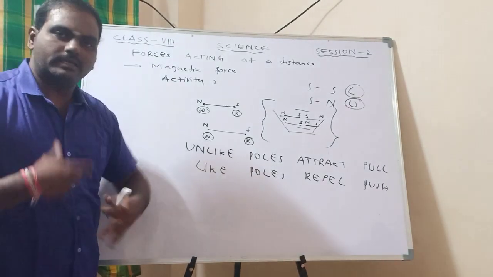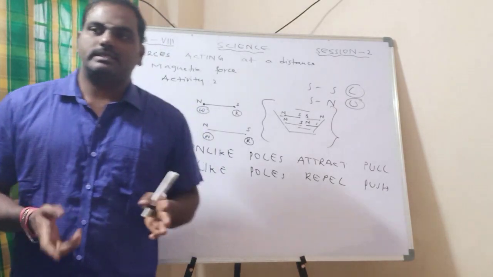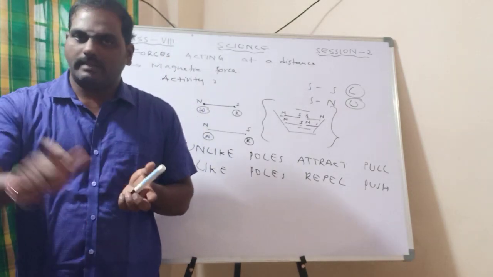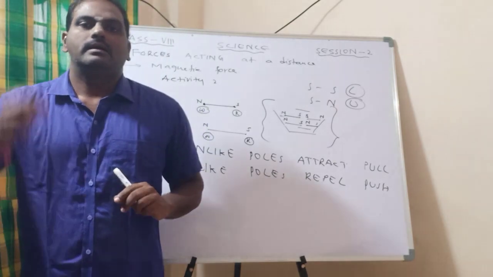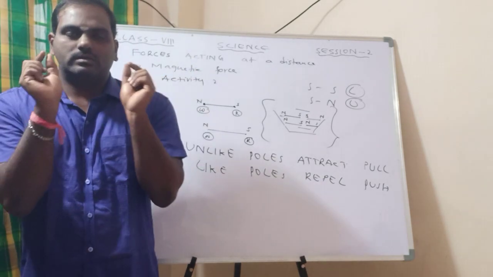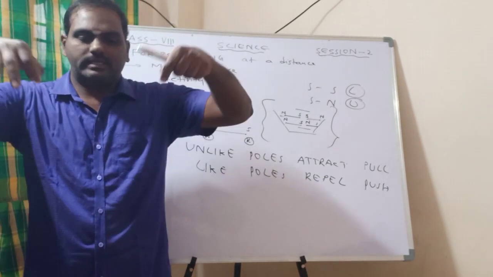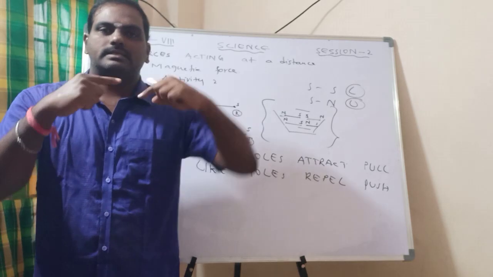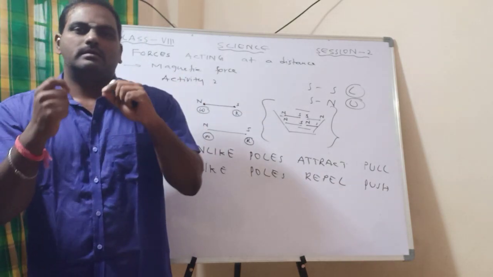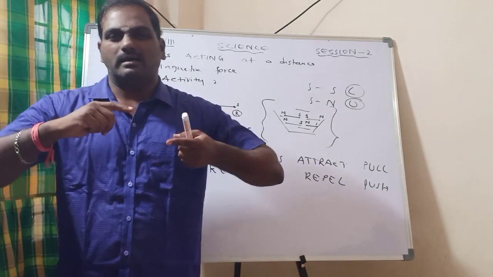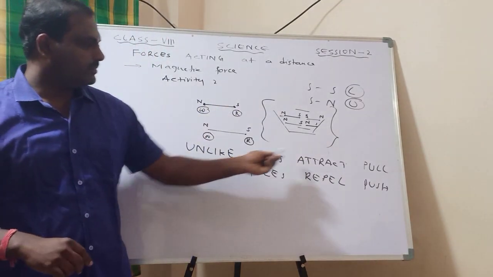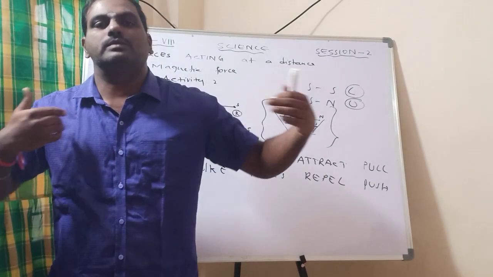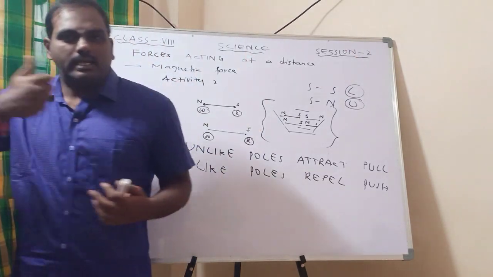I repeat the activity once again. If any student is interested, you can do this activity and post it in the group. How to do it? Take two needles, take one bar magnet, rub it. Both needles will become magnets, and the two faces, north and south, you have to identify with a color. Then take a bowl of water and place the needles in it, in two ways. In the first way, this is south, so south means red. Then south and north. What do you observe? In this case, unlike poles attract each other, that means pull. Like poles repel, push.